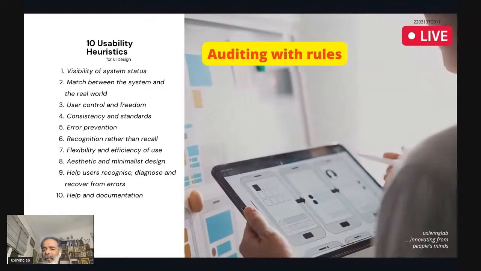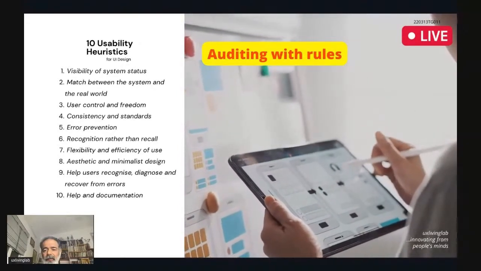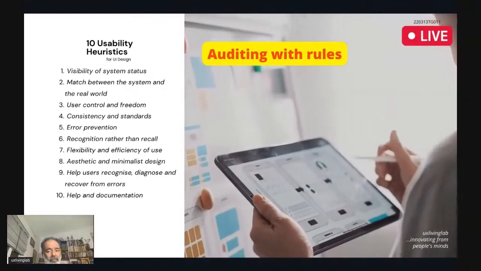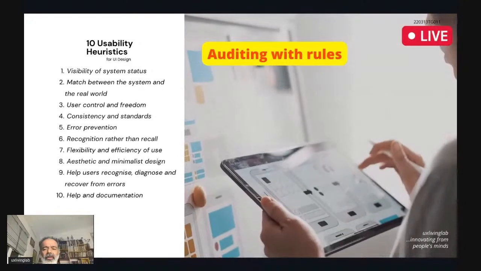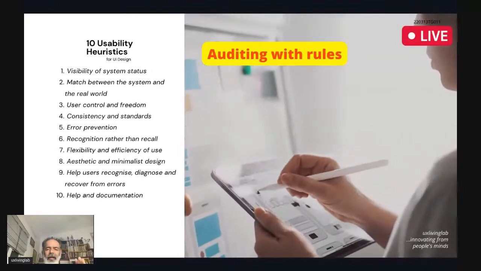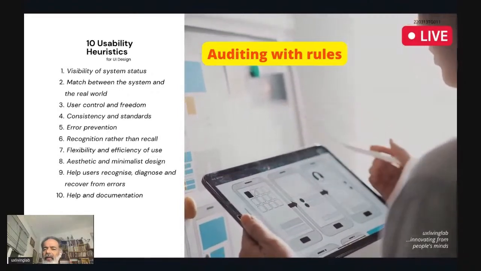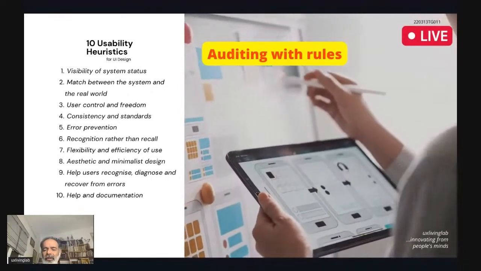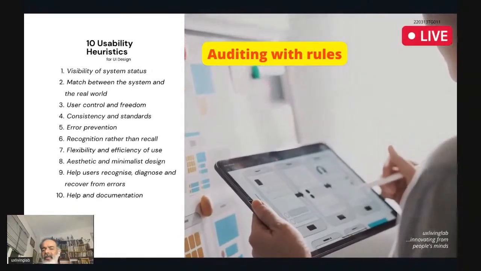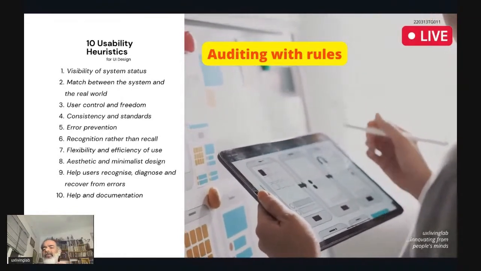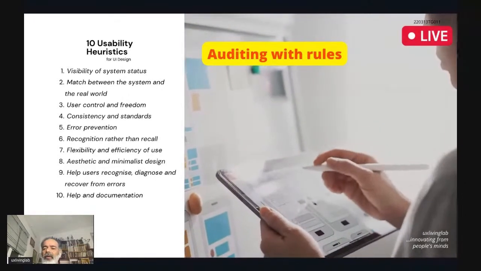So whether you applied it in mock-up stage or the design stage, prototyping stage, you may be missing a lot of rules. Still, you have to audit with these rules. You may be missing, but you have to implement all these rules in the MVP stage, minimum viable product. I can just read this rule, but because I already did an exclusive presentation about these 10 rules, in most of my presentations I will explain these rules again and again,